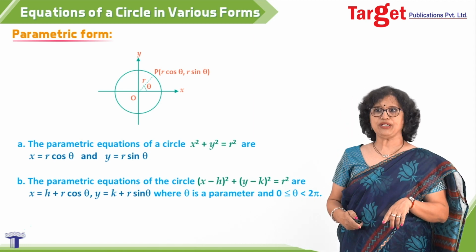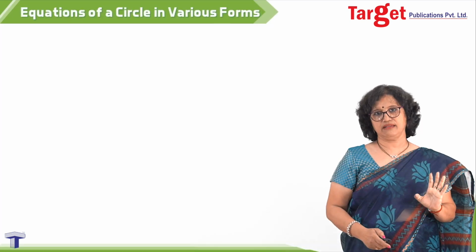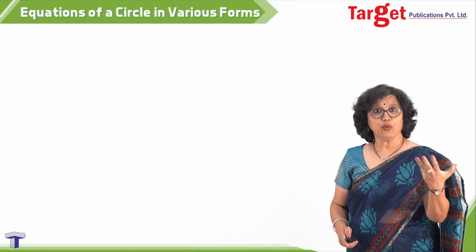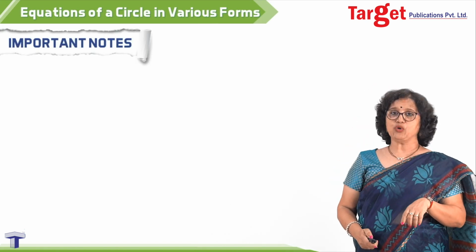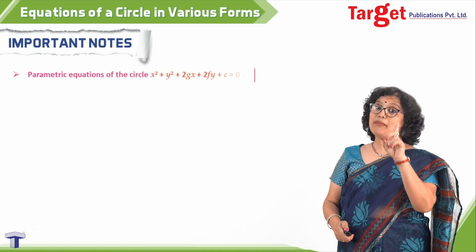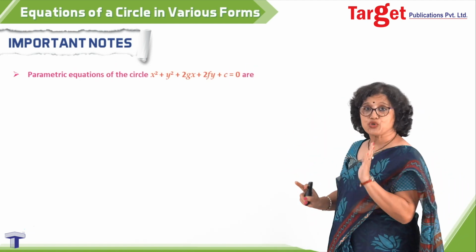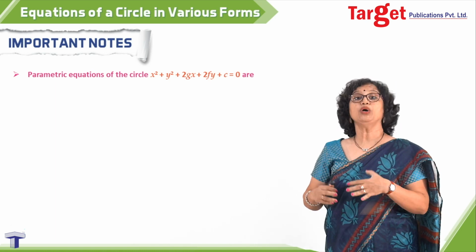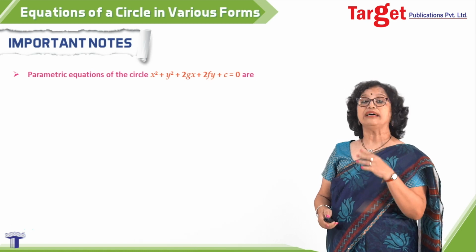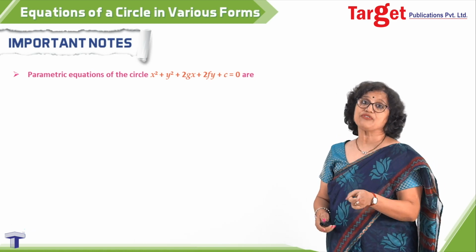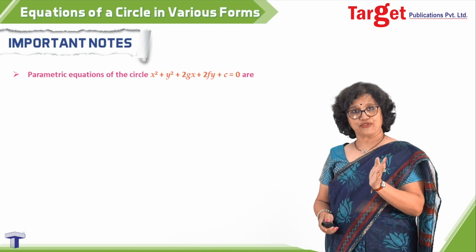Okay, so let us proceed further from here. Now we have seen two types of parametric form. There could be something more to learn, so I take that under important notes. Under important notes, what we learn here is the parametric form of the equation of the circle x square plus y square plus 2gx plus 2fy plus c equal to 0. How do we write it? Here the center is (minus g, minus f) and the radius is under root g square plus f square minus c. So in place of r, you substitute under root g square plus f square minus c,